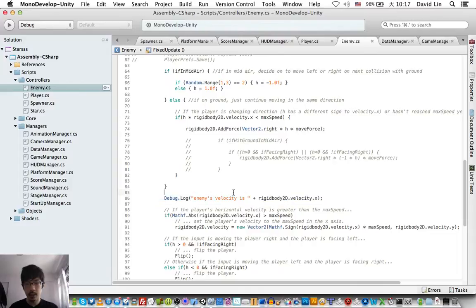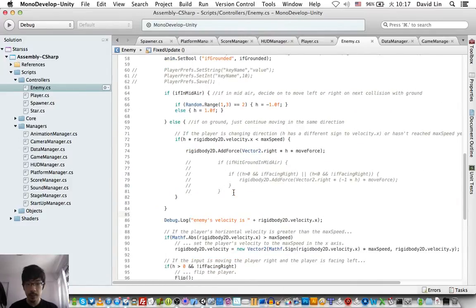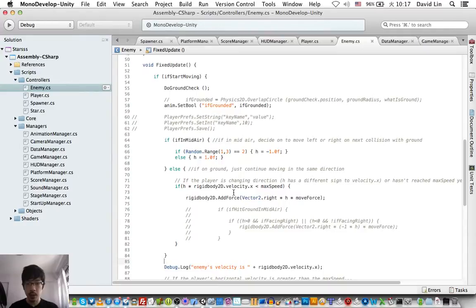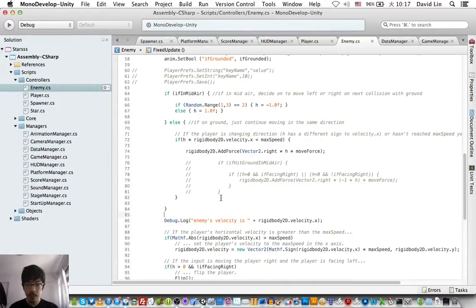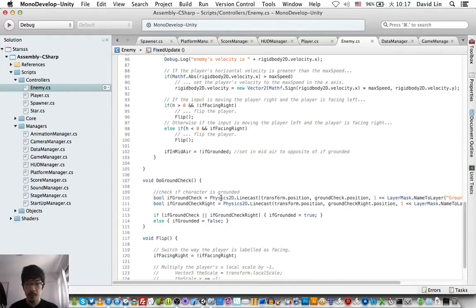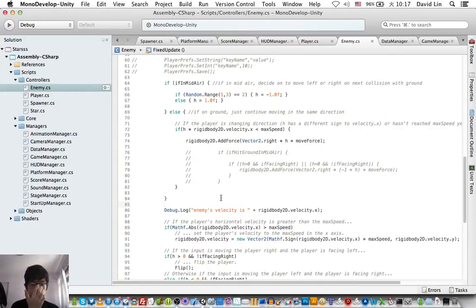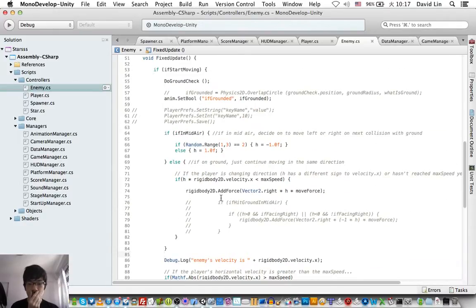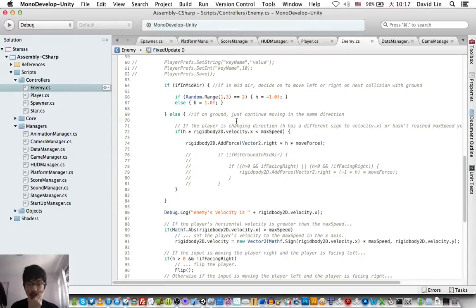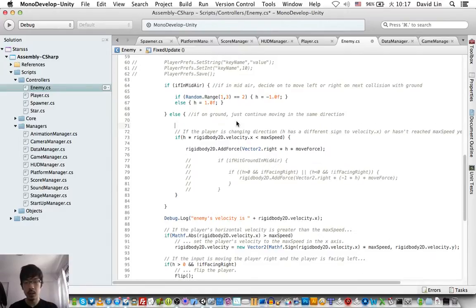Okay, so let's say if, okay, we say that if it is on the ground and if the velocity along the x-axis is equal to 0,